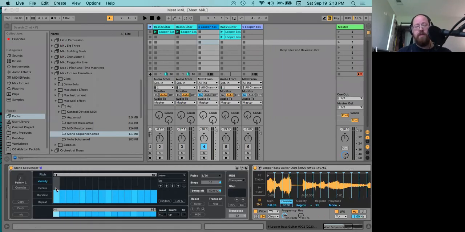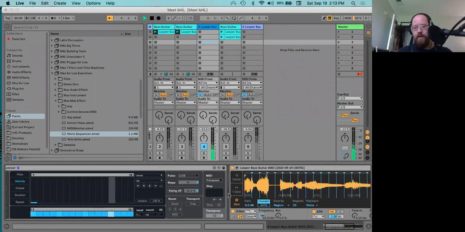So we're going to mess around with the velocity parameter. Pretty much velocity, what you hear, is how loud an individual note is being played back. I think it's supposed to mimic how hard something is hit. So if I have it all the way down,